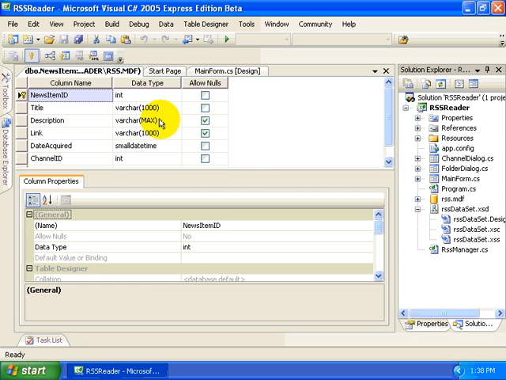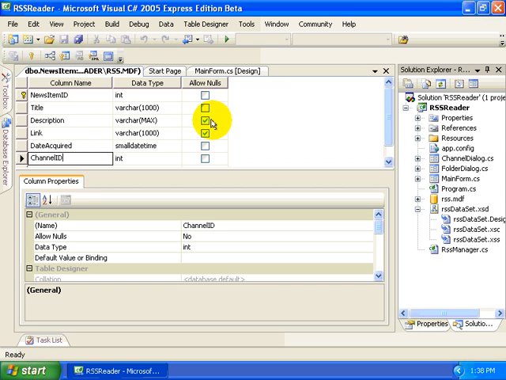This will allow us to put as many characters in that field as we need to. So sometimes RSS feeds can contain the full text of the article, in which case 1,000 characters is not going to be enough. We're going to need potentially pages and pages of data within SQL Server in order to store that data. The link type varchar 1000, date acquired, and the channel ID, again, foreign key relationship back to the